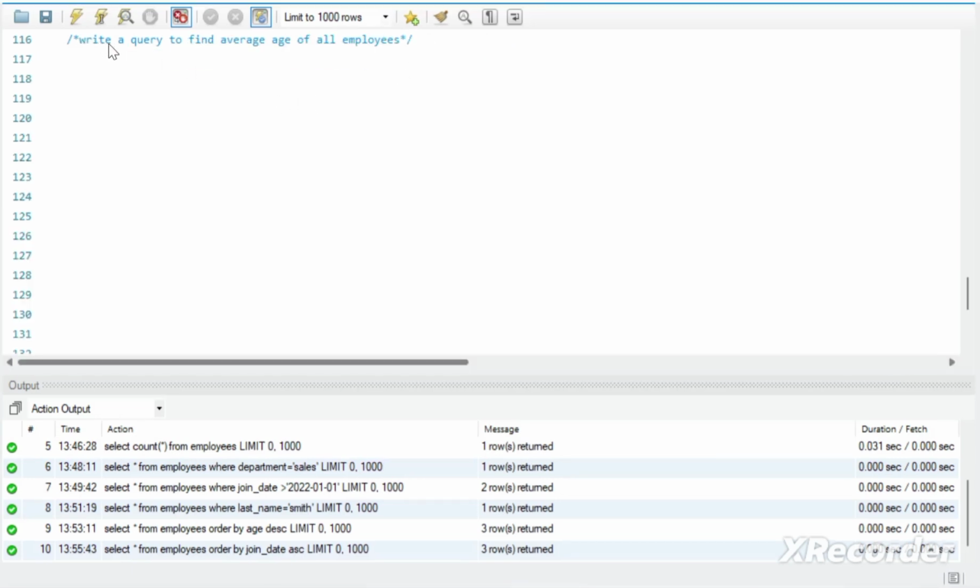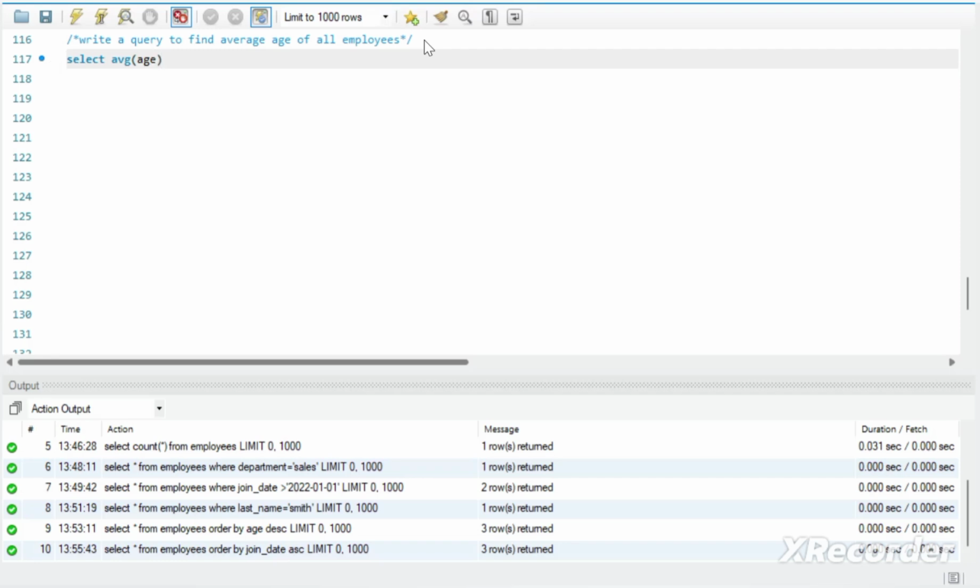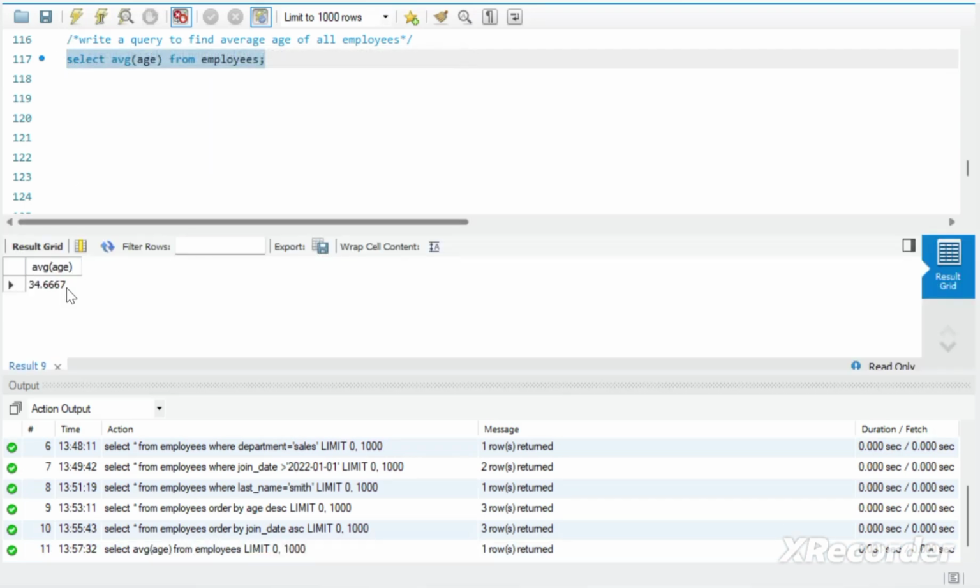And the next query is write a query to find average age of all employees. So we have seen we have three records, right? And three employees have three different ages. Now we need to find the average among all those three ages. So the command is select average of age. So here average is the aggregate function that we have seen in the previous class, from table name, that is employees. Okay, now copy it and execute it. See, the average age of the three employees is 34.6667. Okay,